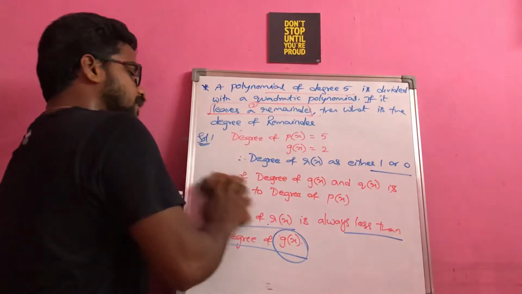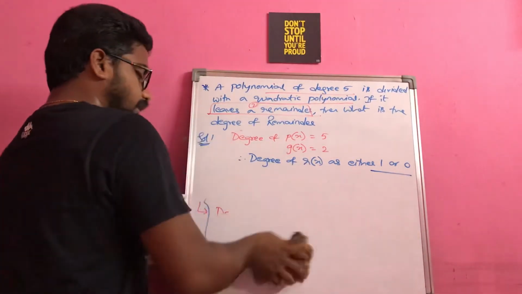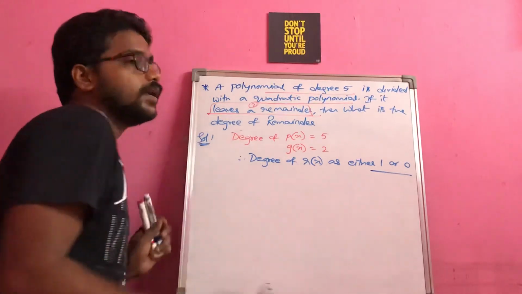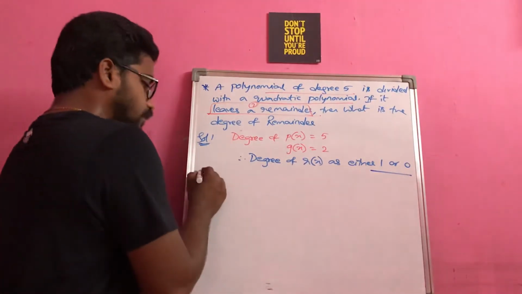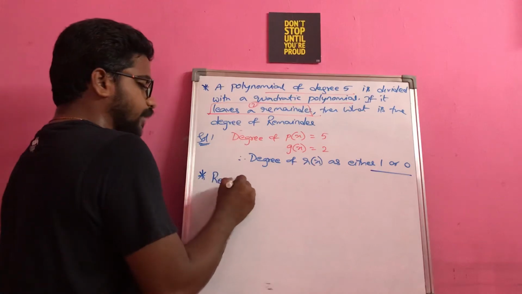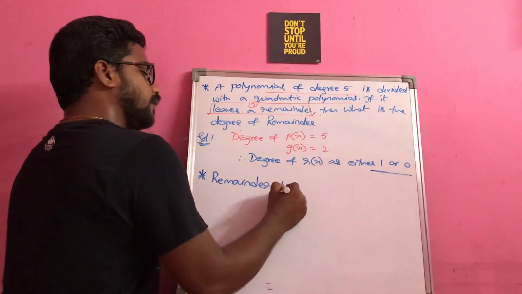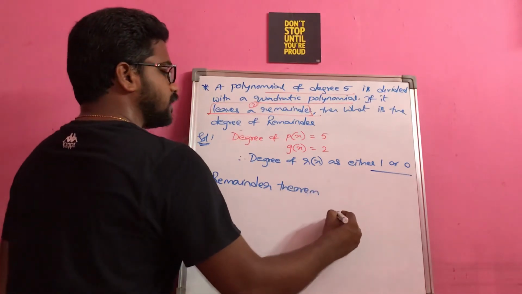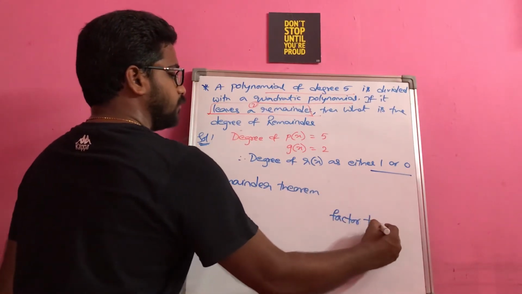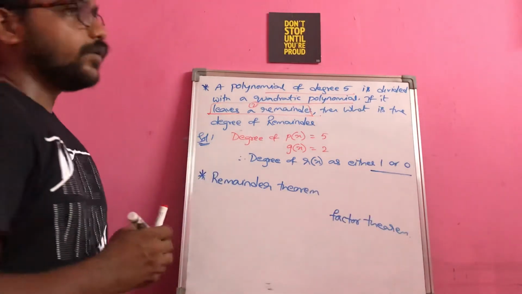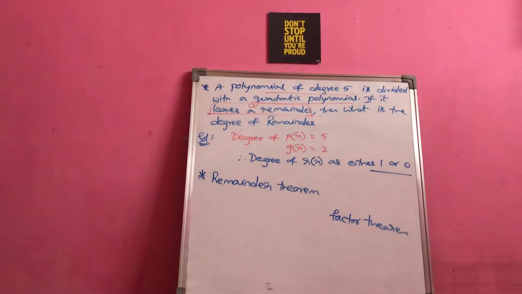So now let me just quickly recall what is the remainder theorem and factor theorem that we learned in class 9. I can say that remainder theorem and the factor theorem are almost same, but the factor theorem is a special case of remainder theorem. Whatever you are doing in the long division and getting the remainder, the same remainder you can get without doing that much procedure, with the help of the remainder theorem. That is the basic concept of remainder theorem.